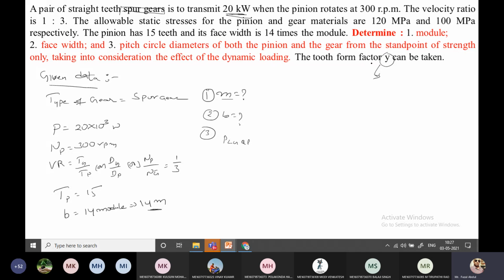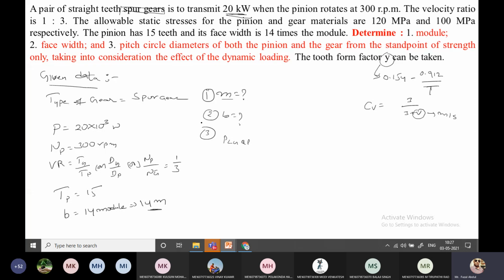Again, I'm writing here Y is 0.154 minus 0.912 by T. So T is the number of teeth of the pinion. If we are applying this Y value for the pinion, we can write the pinion p here. If we are applying this equation to the gear, here we can write g for gear. Okay. Now another equation also is given, velocity factor CV, that is 3 by 3 plus v. This data is given in the question below, not my own taking. V is the pitch line velocity in meters per second.